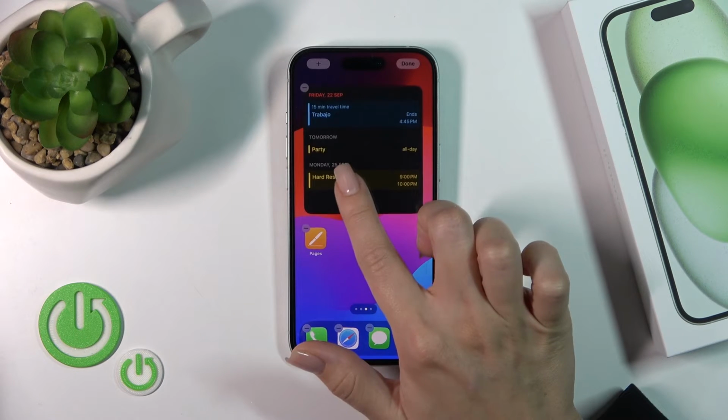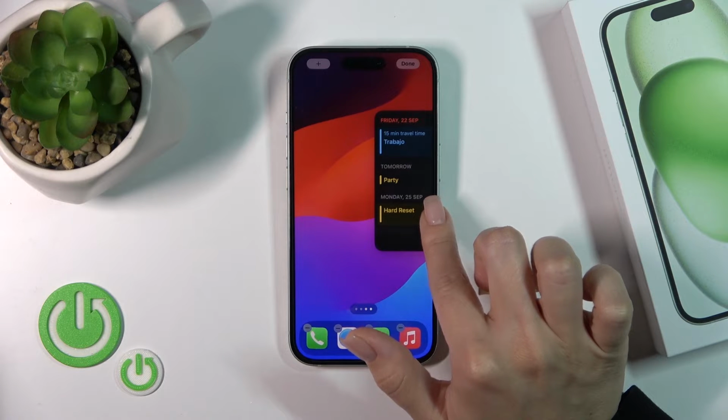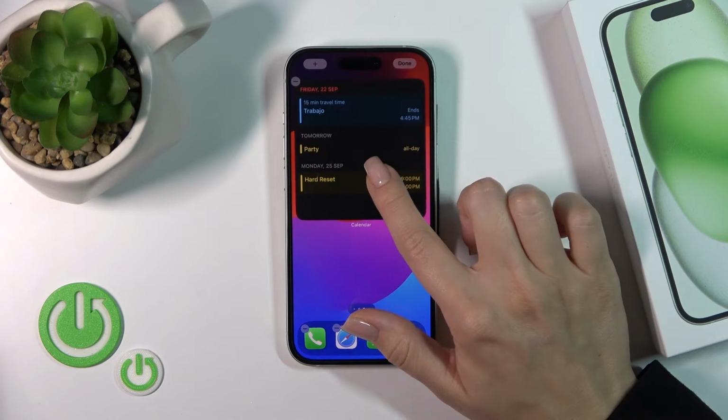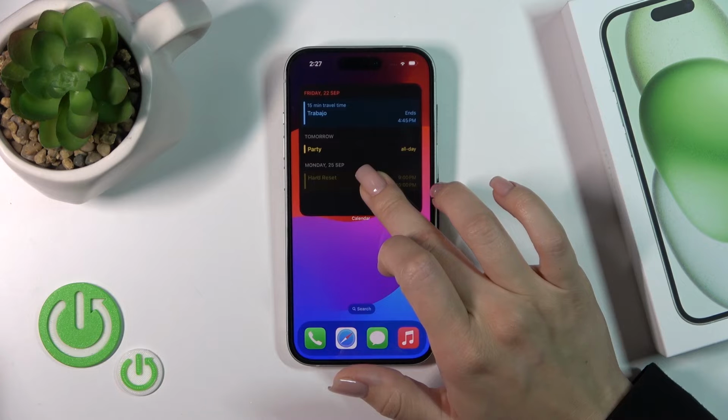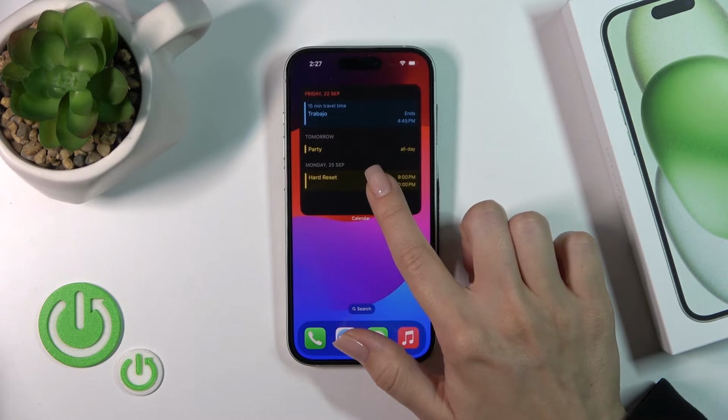Just hold it and drag it this way. Also, you could create new screens for the widgets. And if you want to, for example, edit the home screen, you could just hold it, also the widget,